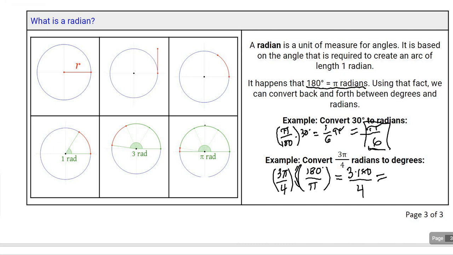So here would be pi over 4, 2 pi over 4, 3 pi